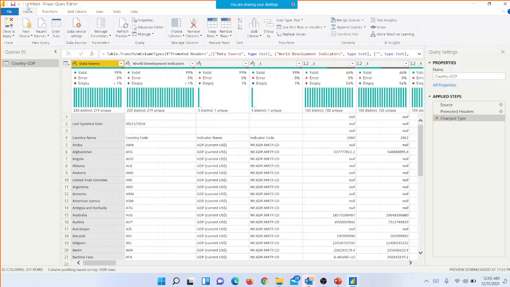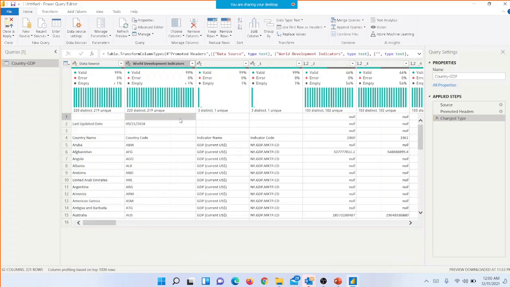Now, there are many options here for us to transform the data. The first thing was the new source. We can enter the data manually. We have some options for removing the columns, selecting the columns, deleting some rows, and splitting the columns. So we are going to learn them one by one, and what they mean. The first thing we have to understand is what these ones are. So you can see on the top